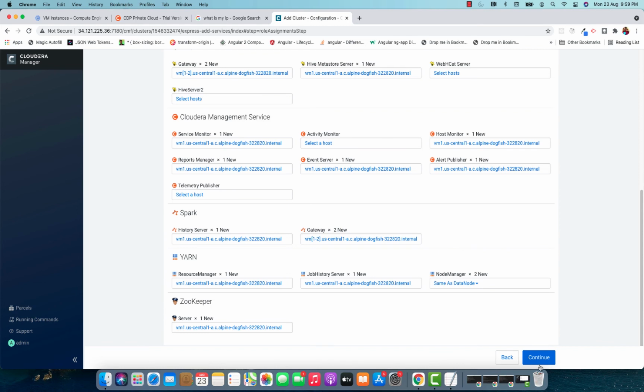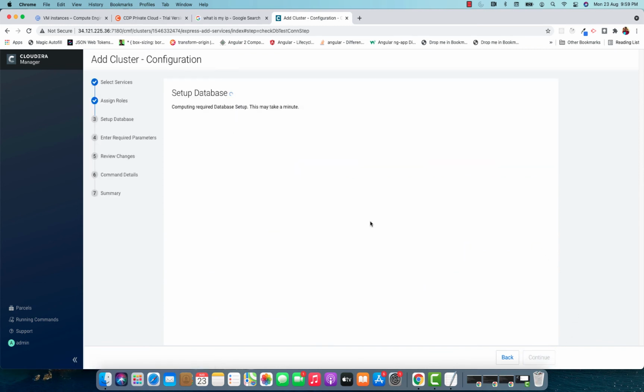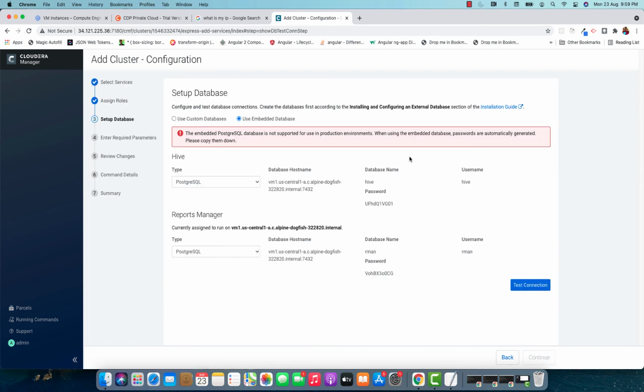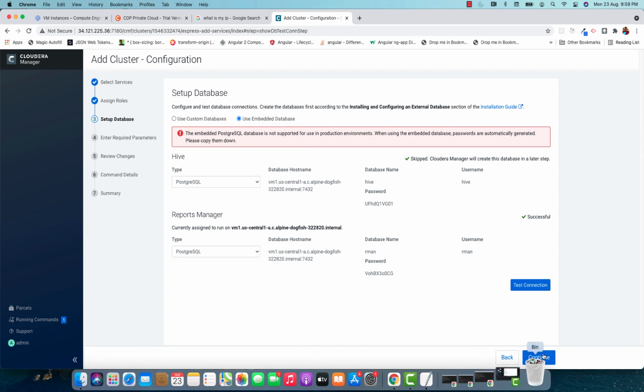Let's click on continue, and here I will be going with the embedded database. Let's test the connectivity, and if you want you can create your custom database as well. So you need to install some other DB like MySQL, MariaDB, and you can provide all that information here. So let's click on continue,